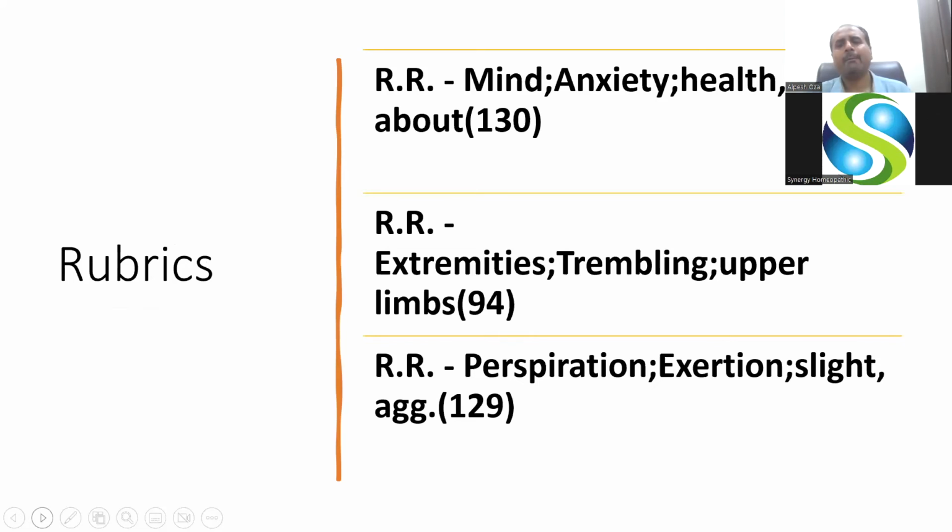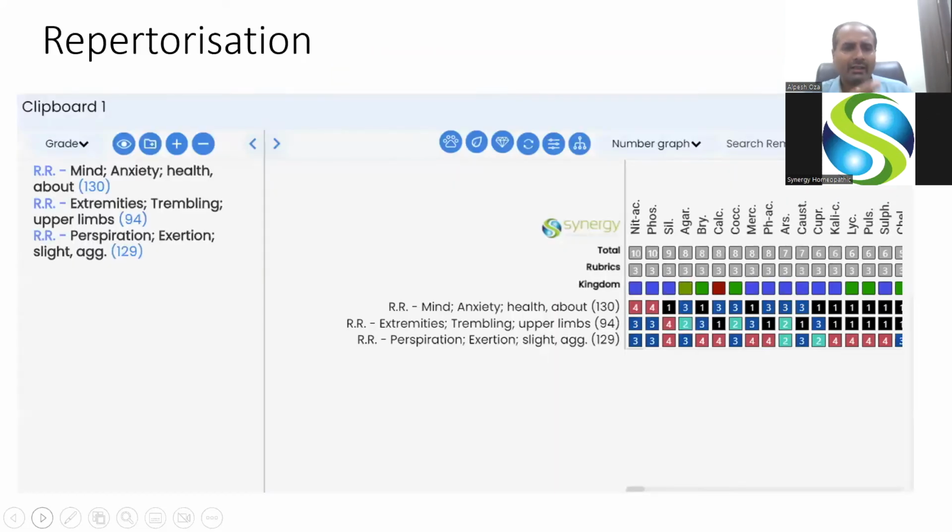So if I take three important rubrics in the case, I think I forgot to mention about perspiration, slight exertion aggravates. I get so many remedies. Anxiety, health about, extremities, trembling, perspiration, exertion, slight aggravates. Nitric acid, phosphorus, silica, agaricus, bryonia, calcarea, cocculus, moxol, phosphoric acid, arsenic, causticum. The list is endless. There is one unique symptom in the case, and that is the trembling of the left